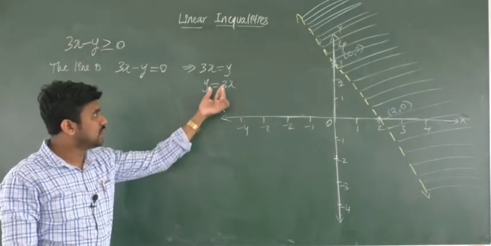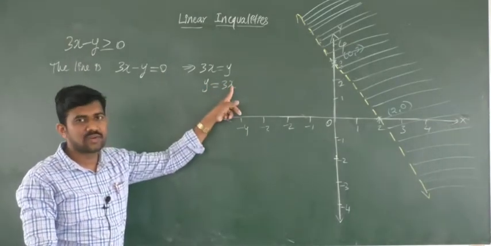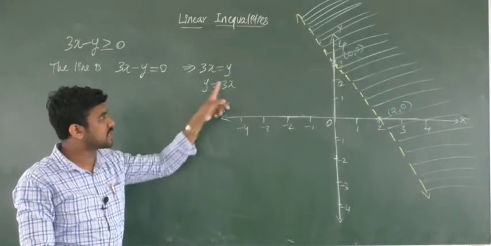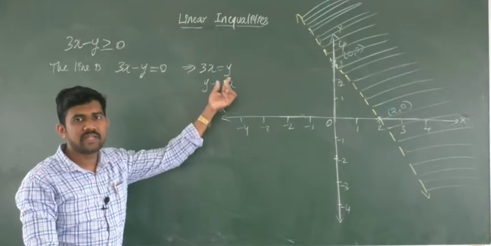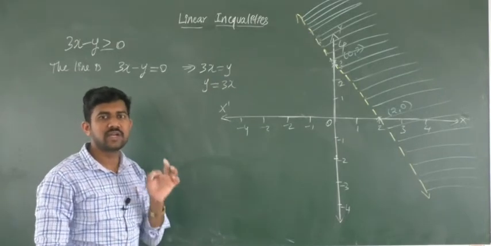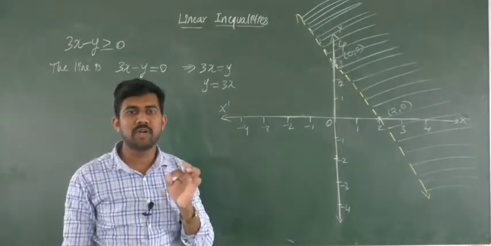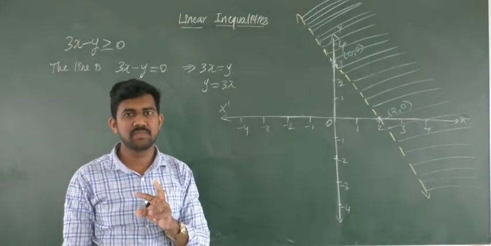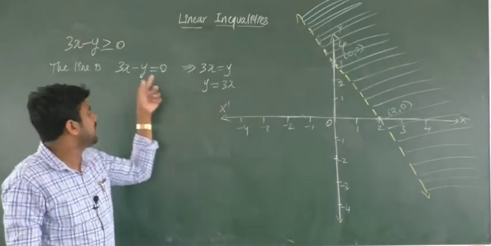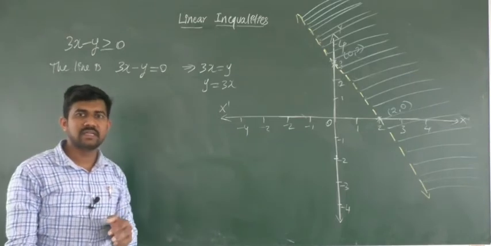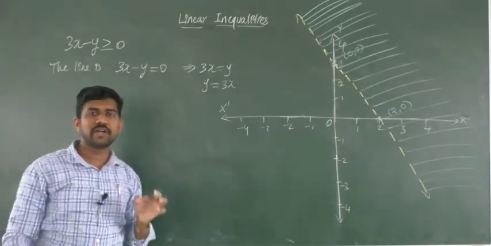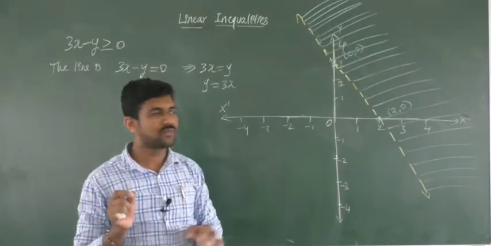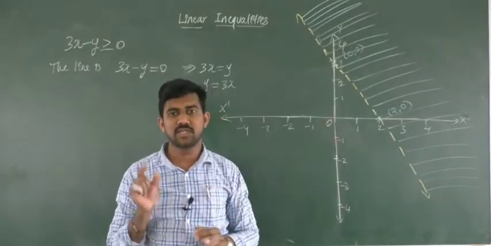Here don't take the value x is equal to 0, y is equal to 0. If you take x is equal to 0, then clearly y is equal to 0 we will get. If y is equal to 0, then you will get x is equal to 0. So here we will not get 2 points, only 1 point, that is the origin in both cases. We will not get a point on the coordinate axis, just the origin in both cases.